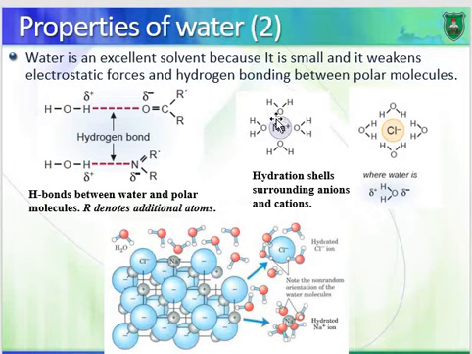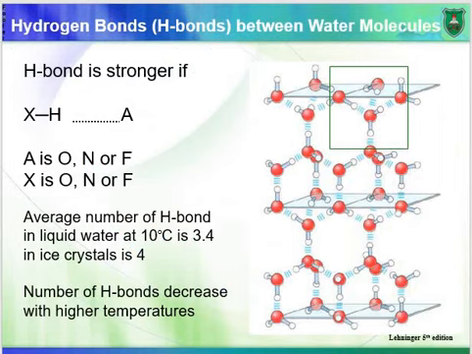Around the Na+, oxygen is going to be close to the Na+ because it has a partial negative charge, so they would get attracted to each other. Whereas the Cl- has a negative charge, so the hydrogen would be closer to the Cl- as it has a partial positive charge. What happens to the hydrogen bonds between water molecules, and how is it affected by the state